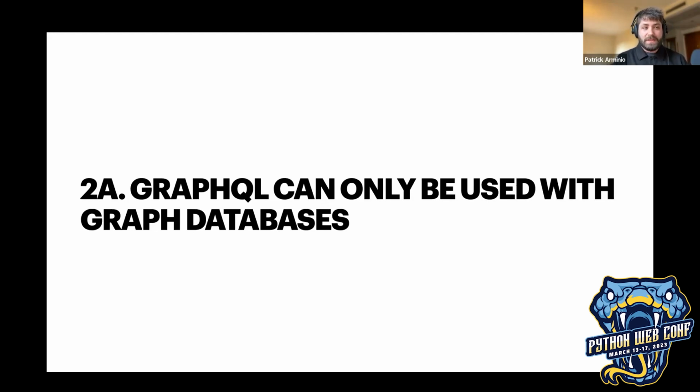The graph part basically means that you have a list of types that have a relationship between each other. But that's about it. It's not really related to any graph technology like graph databases. As we've seen before, it's up to us to implement the logic for the data fetching of every single field, or at least the top level ones. And that means that GraphQL can be used with any data source. It could be a SQL database like Postgres, it could be a non-SQL database like MongoDB, or even a REST API.